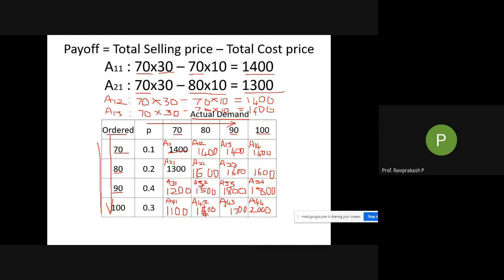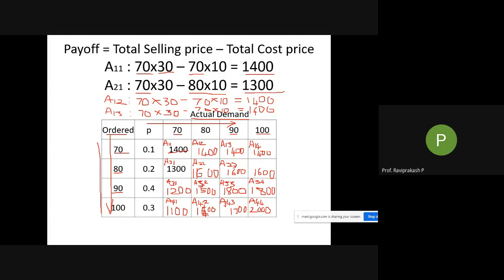Okay, so here we need to not get confused with what is ordered and what is the demand. Whatever I'm having, even if I'm having more, I can only sell as much as the demand is. Okay, this is one point. Second point, if I am having less and the order is more, I can only sell as much as I am having. I cannot sell more than that. So this is the second step.